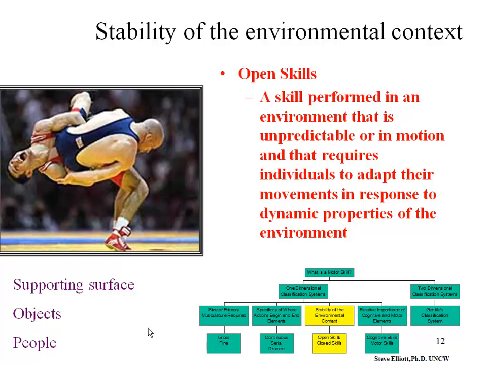So with this, we're thinking about the environment that the skill is being performed in and what's going on in that environment. Is it changing? Is it moving? Or is it consistent? And is it stable? The three features within this classification system include the supporting surface on which the person performs a skill, objects involved in performing the skill, and other people involved in the situation. For example,